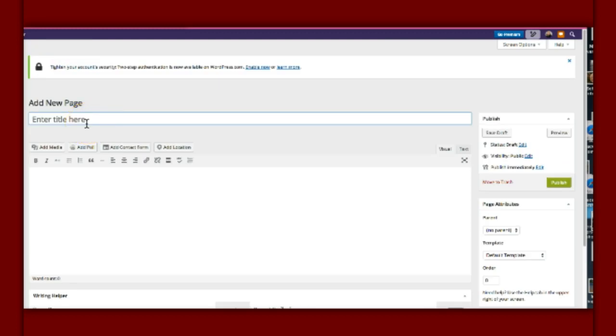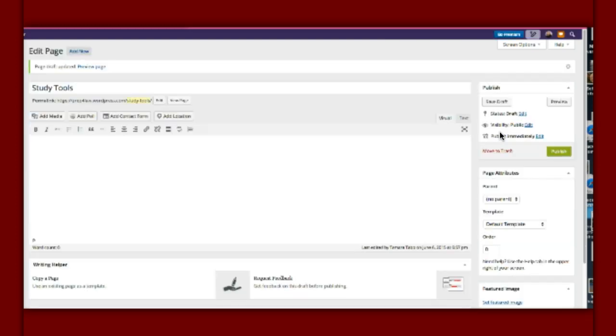resume. I now want you to enter Study Tools. Add a page, Study Tools. Don't worry about putting anything here. If you want, you can click Save Draft. This is often something that I do if I'm